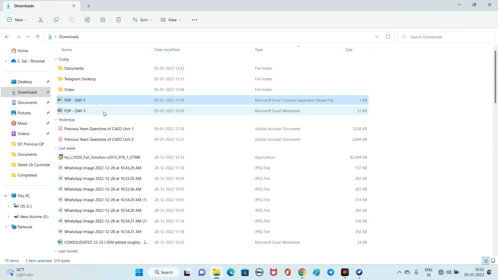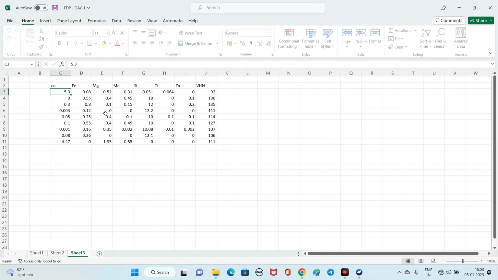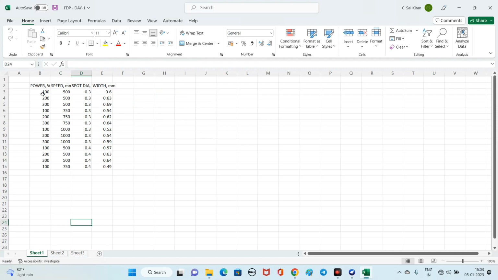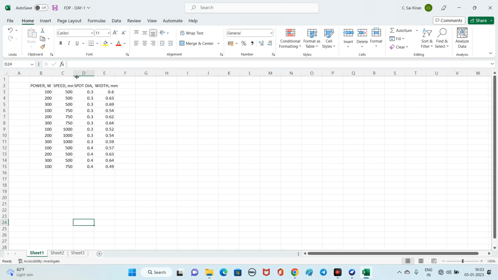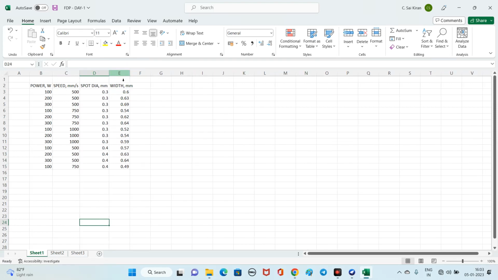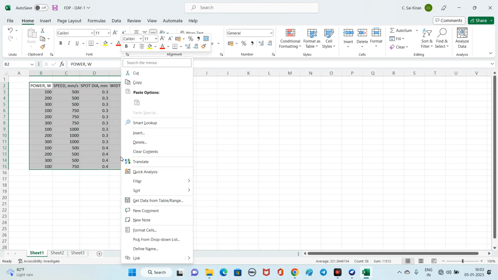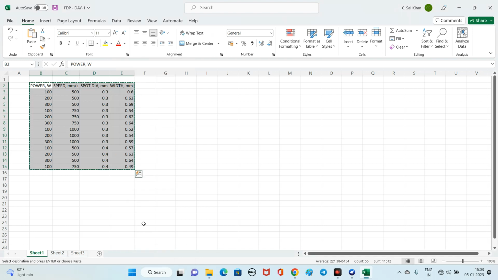You open the data set and paste the values of power, speed, spot diameter, width from the row 1 onwards. Okay. So you open this previous book, you just copy all these values, all these 14 values, right? Then you paste in the new Excel sheet like this, and you save this one as